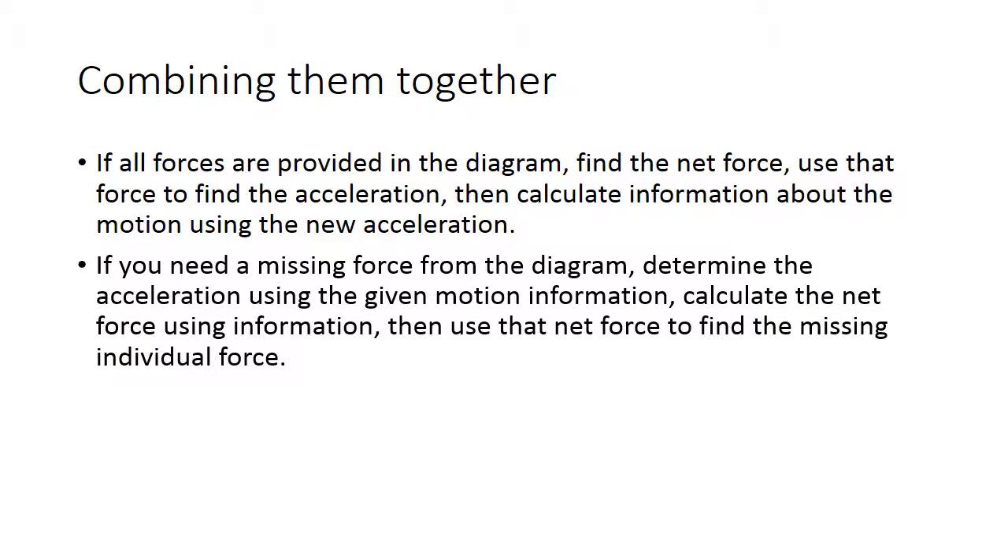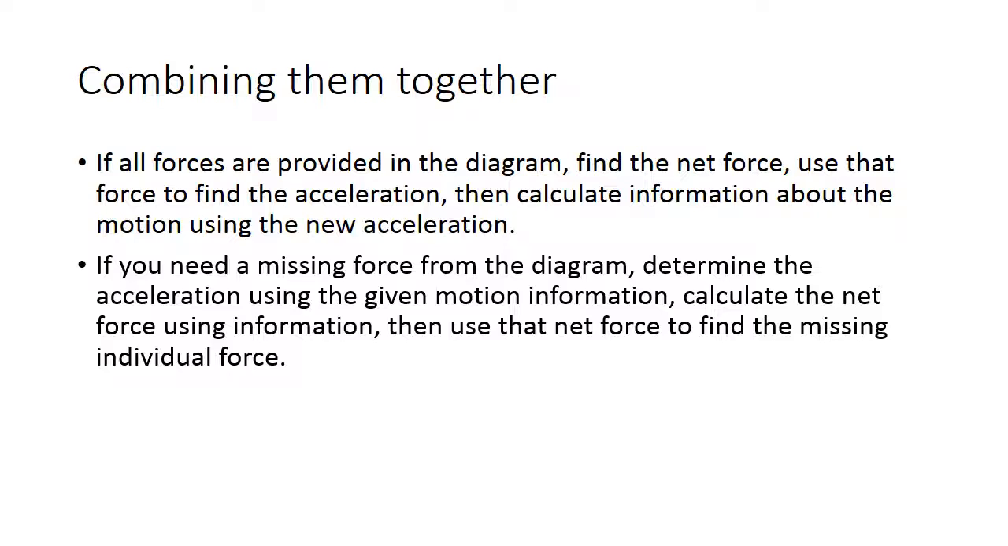Okay. Now, I'm going to read this basically. This is just like yesterday. If all the forces are given in the diagram, you're just going to find the net force by subtracting. Then, just like yesterday, when you're given the net force, you're going to use that to find the acceleration. Then you're going to use that acceleration in calculating the information, final velocity or how far it went, whatever the